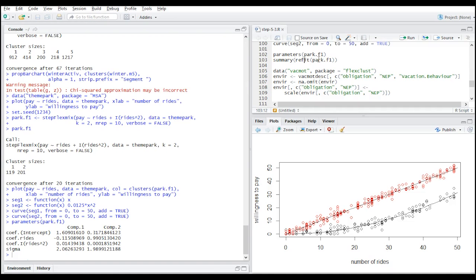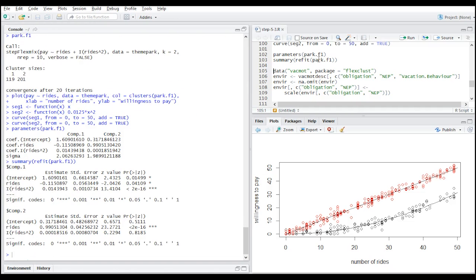We need to refit it using a different algorithm, which gives us access to the standard errors, and the summary function will then return that output, telling us that for component 2, these are the original estimates we had before. These are the standard errors, z values, and the